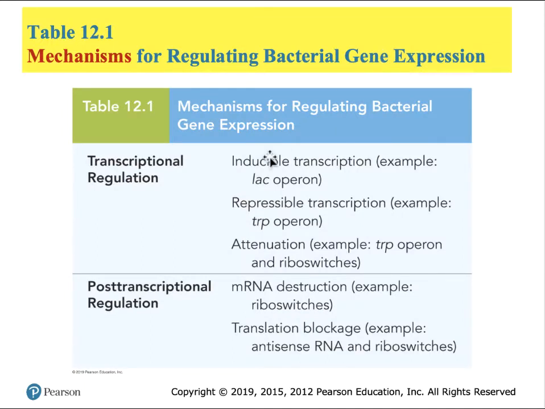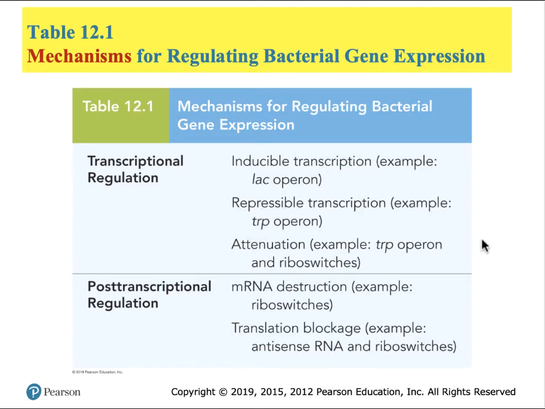Table 12.1 lays out the general groundwork for the first story and the second story, and tidbits of information thereafter. So we're going to take a linear dive through all these subsections of genetic control. We'll be examining inducible transcription, where the genes are turned on when needed. In contrast, we'll be looking at repressible transcription, where the genes are turned off when they're not needed.